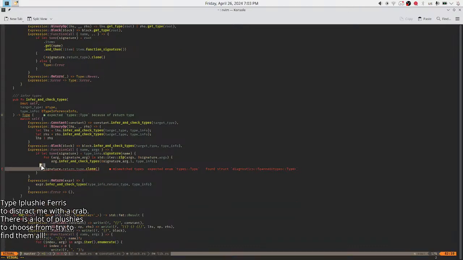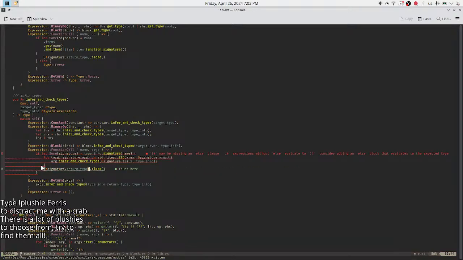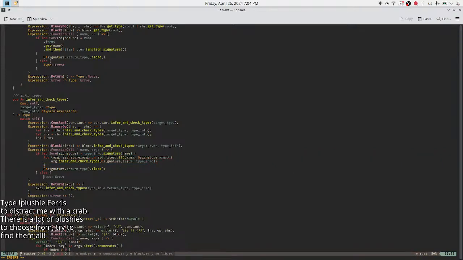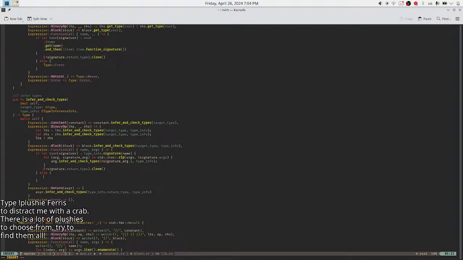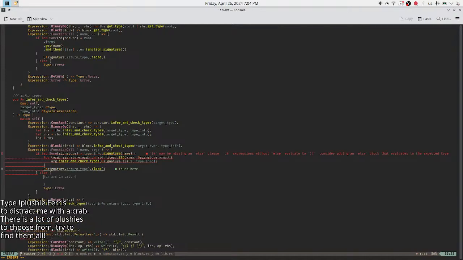Oh wow, so the reference. So I dereference this. Then I need an else. In the else I put a type, but here I'm going to need to report an error.